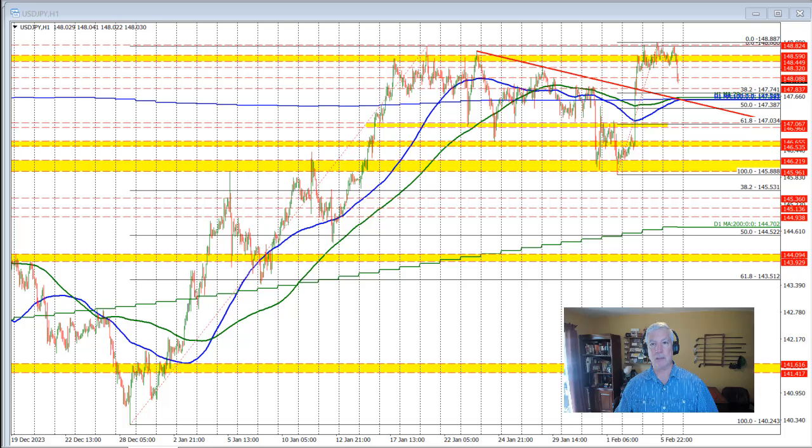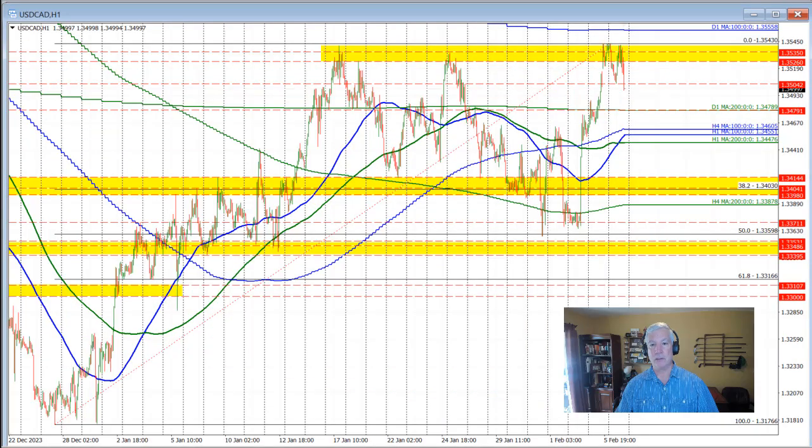Let's finally take a look at the dollar versus Canada. I told you this currency pair is also making a new low for the day, and you can see it right here. The price highs that we saw in trading here today moved up to test this swing area, and the high price going back to mid-January, both yesterday and again today, and we couldn't get above those levels. So the inability to get above those levels and moving back below this yellow area gave the sellers the go-ahead to push to the downside, and we've since moved below this low at 135.04 and below the 135 level as well. Currently trading just below that 135 level,